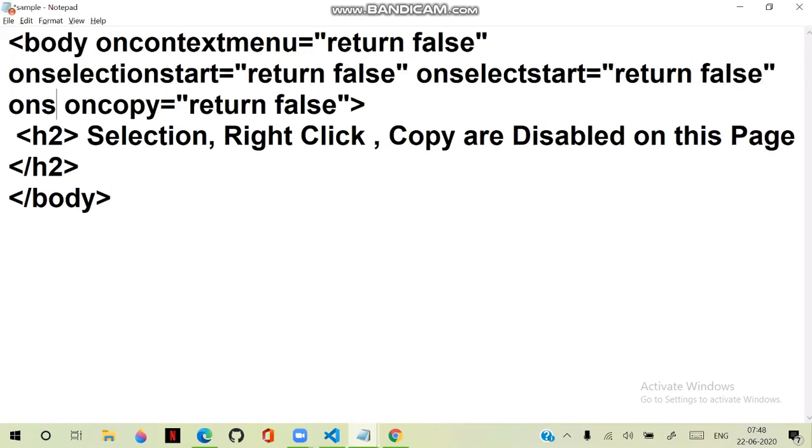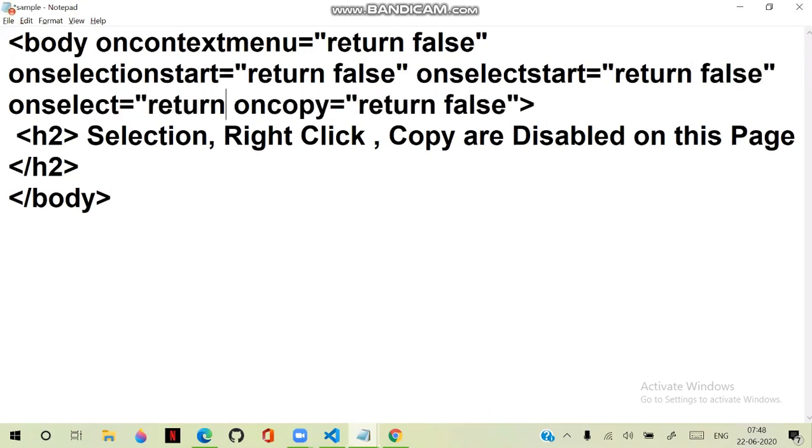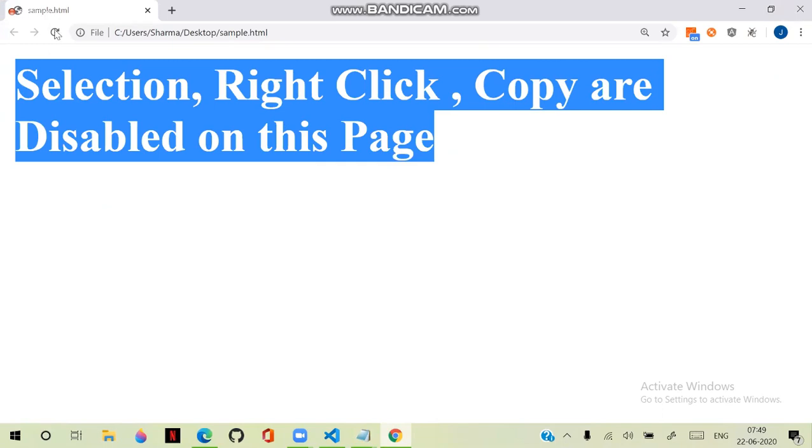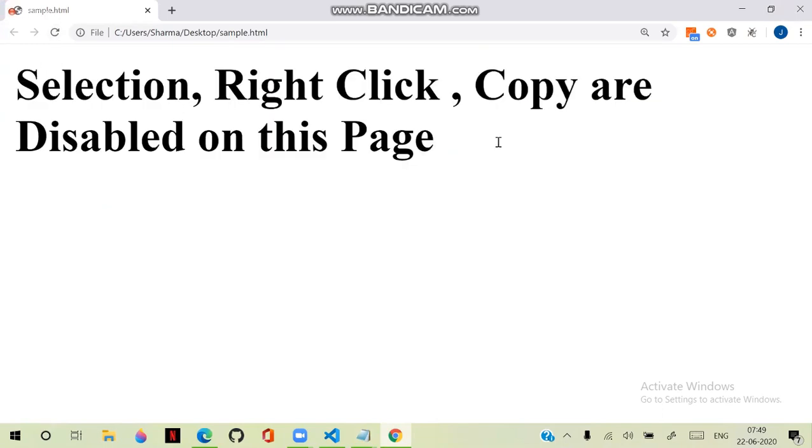And another, onselect equal to return false, because some browsers cannot understand selectstart, and legacy browsers can understand select. That's the reason we need to try three things, because we don't know which browser they will use, and every browser will not support the same event. So three events we have to try. And I am dragging here. You see my selection is not working now. I am unable to select